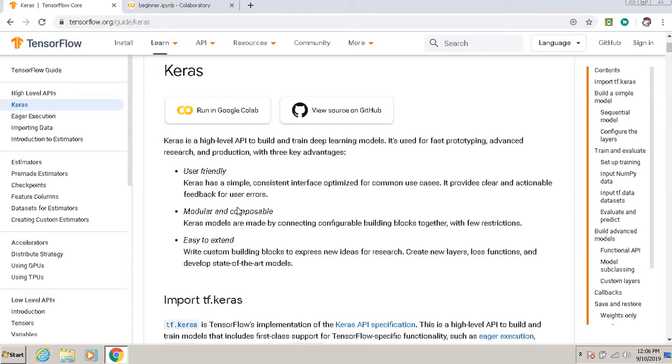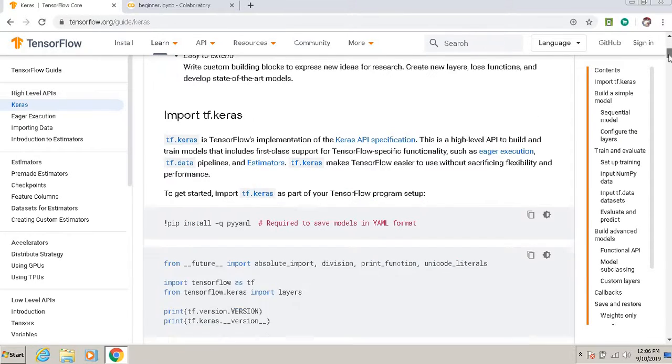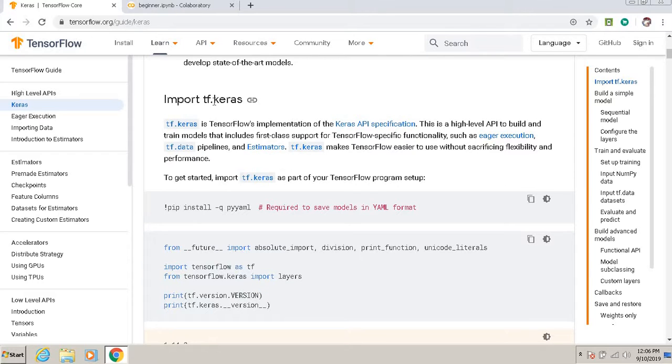So plainly with TensorFlow you need more code, but with keras you simply need less code. It is modular, it is easy to extend, and I told you simply if you write import tf.keras, you can import it, right? Now if you want to install keras on your platform, if you have a Python platform on your machine, and if you want to import the libraries, you can simply use pip.